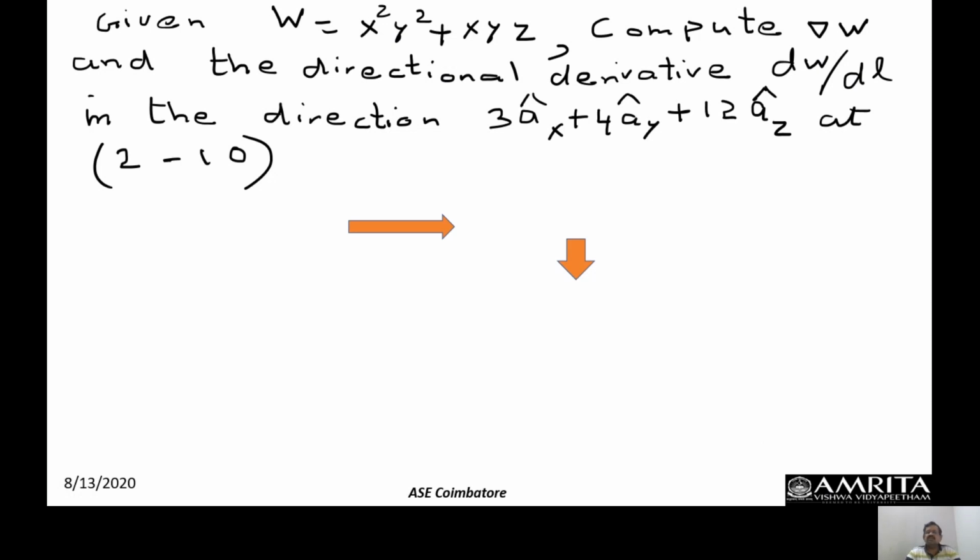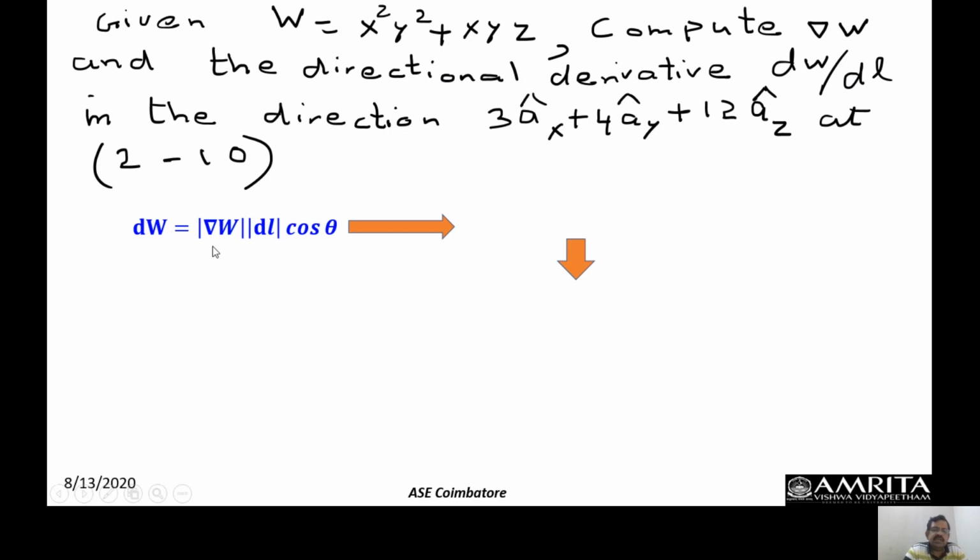How do I proceed? First thing is we can compute directly del w. What is del w? Del w gives the gradient, and the answer has to be a vector function, and I have to evaluate the vector function at the specified point (2,-1,0), and here is how it is done. And we know dw is given by the formula that we have come across. When we defined the gradient of a scalar function, we talked about how this formula emerged. Those of you who are still uncomfortable with this formula can refer to lecture number 6, or lecture number 7, the previous lecture.